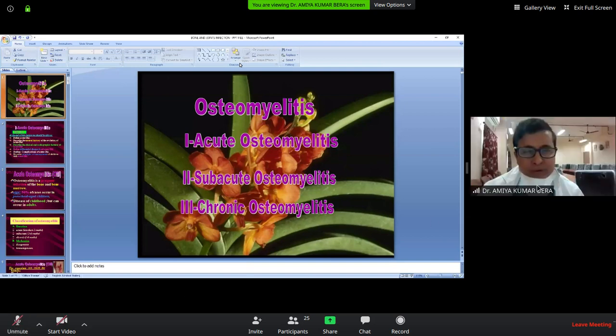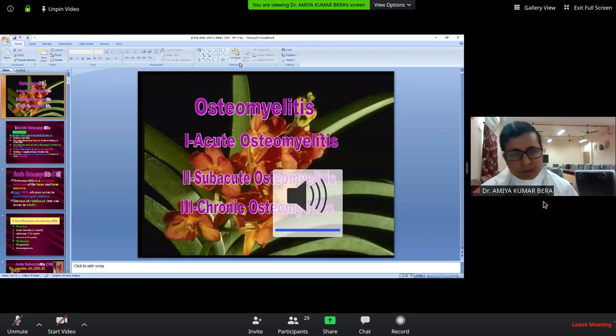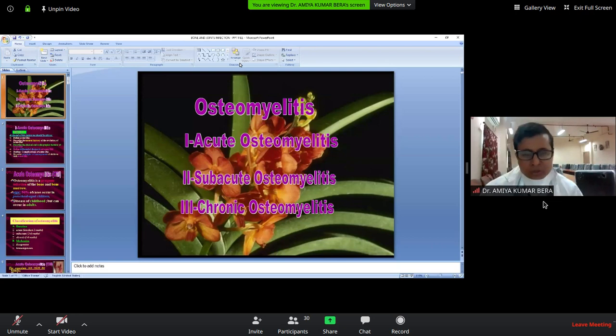We'll try to brief it within 20 minutes so that you can have interactions. It's a known topic: osteomyelitis, rather bone and joint infection. Bone and joint infection is very common. It's also important not only clinically but also in your exam. It involves bone as well as joints. In bone, it's called osteomyelitis. Osteo means bone, myelitis means marrow inflammation, itis, inflammation. So osteomyelitis may be acute, subacute, or chronic.